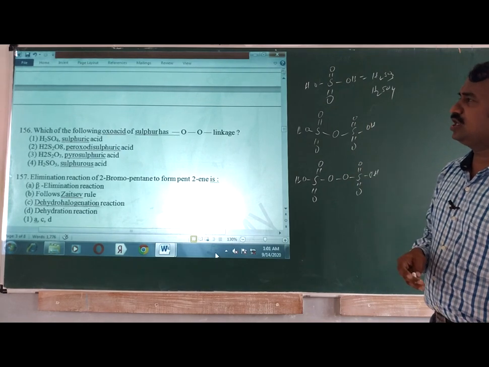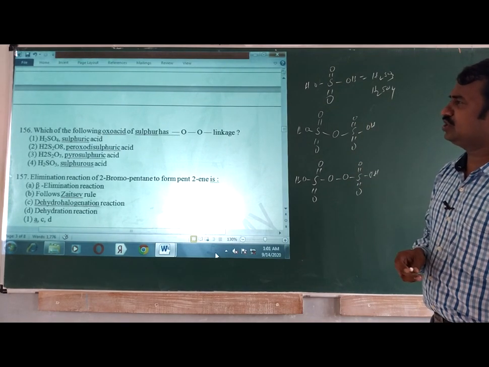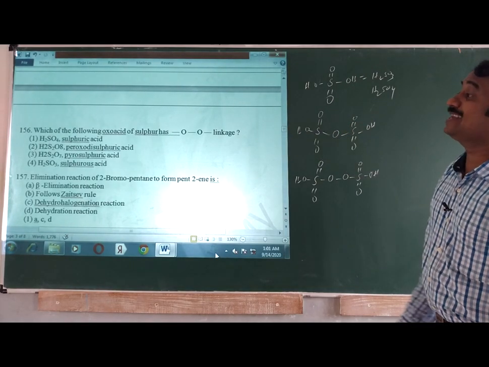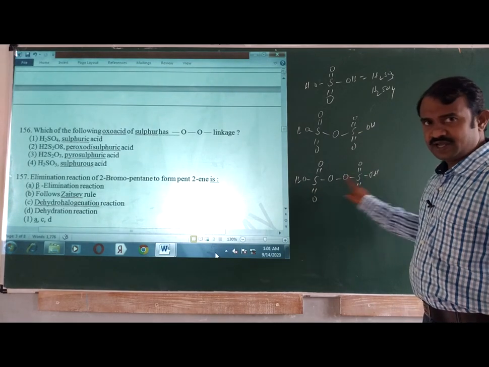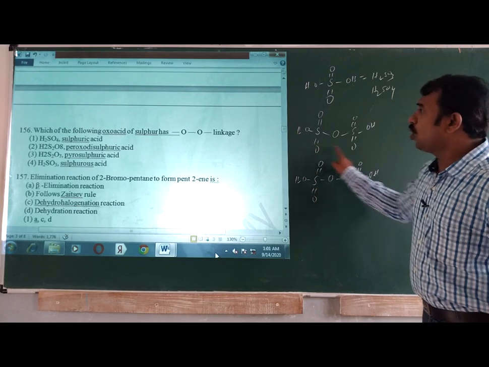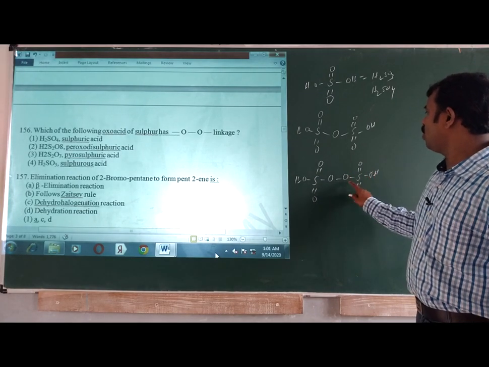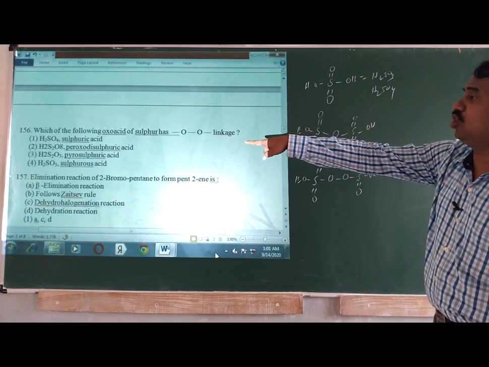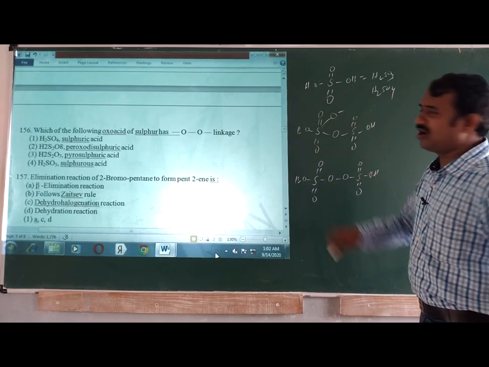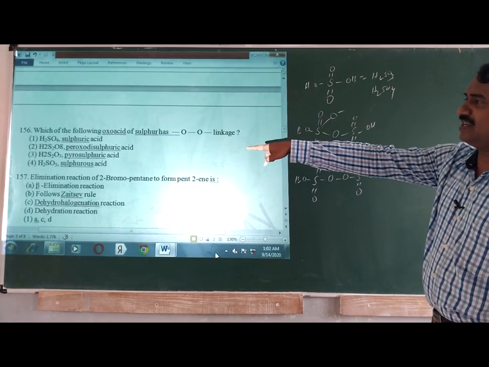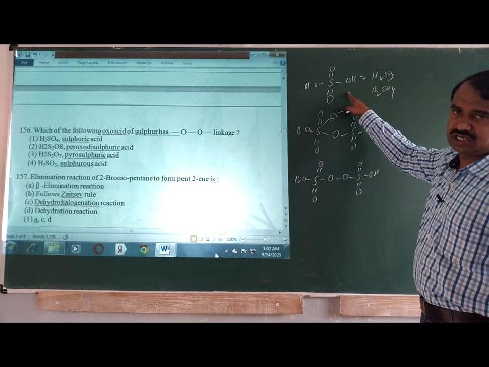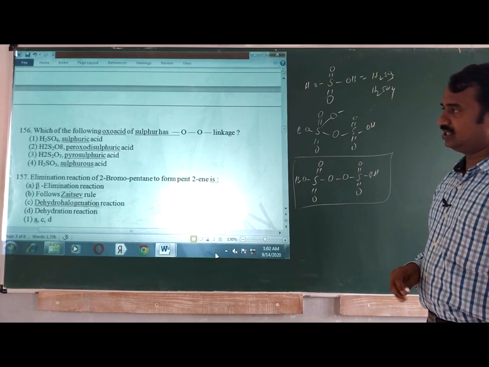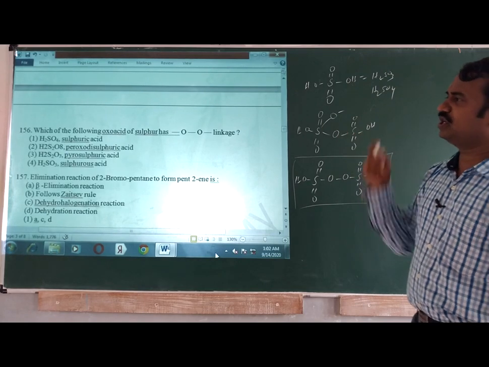First one is H2SO4 sulfuric acid. Next one, the sulfuric acid does not form oxygen oxygen linkage. Next, H2S2O7, H2S2O8 is there, it is having a peroxysulfuric acid. Next one is pyrosulfuric acid, it is having only one oxygen linkage. Last one, the sulfurous acid, this is not oxygen oxygen linkage, means peroxysulfuric acid is H2S2O8. This is one of the answer, option 2.